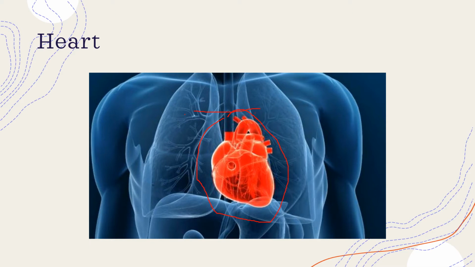Our heart is located between the two lungs, but you can see it is slightly towards the left hand side of the body. That is why we generally keep our hand on the left to check whether it is beating or not. We cannot say it is totally on the left hand side, but it is slightly towards the left hand side. So what we can conclude is that the heart is situated inside the chest between the two lungs, and it is slightly towards the left hand side.